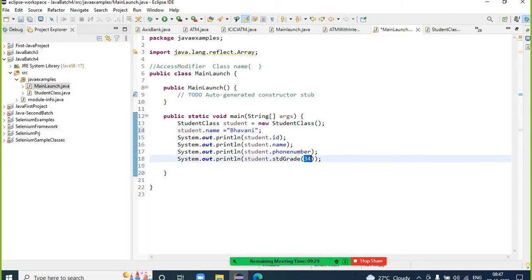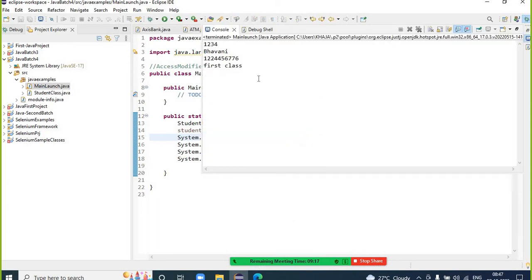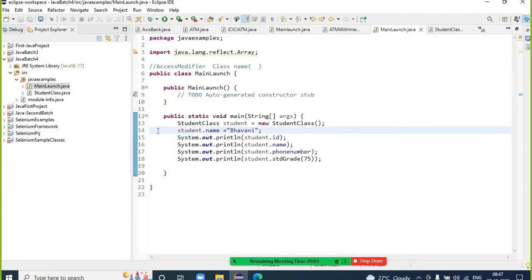This time I am assigning the student value from here. Student name I am giving. What is the name? Okay. So now I am giving 75. See, ID is 1234. Student name is Bhavani. His phone number is this, and he passed with first class. So that's how we need to create a class,